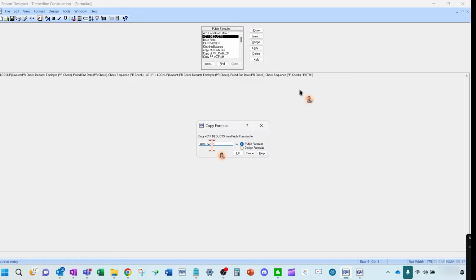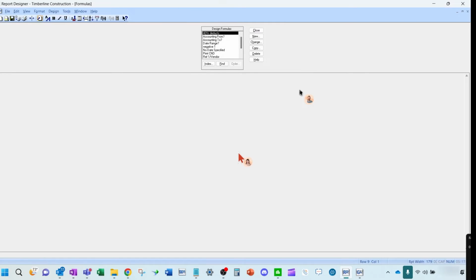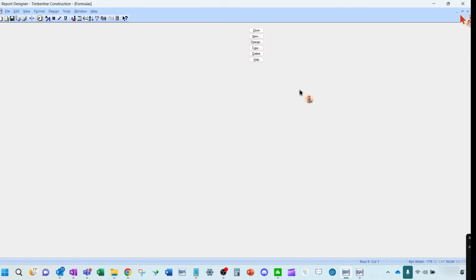So if you like this formula that's in this report, you want to use it somewhere else, copy it from, or vice versa, copy it from public formulas into this individual report. And then go ahead and click OK. That moves it into the individual design. And then any changes you make here, first of all, won't change or mess up the public formula. And this is why you want to save, and save often. But now you can make specific changes to the formula right within the design and still not have to recreate it every time, just copy it back and forth.